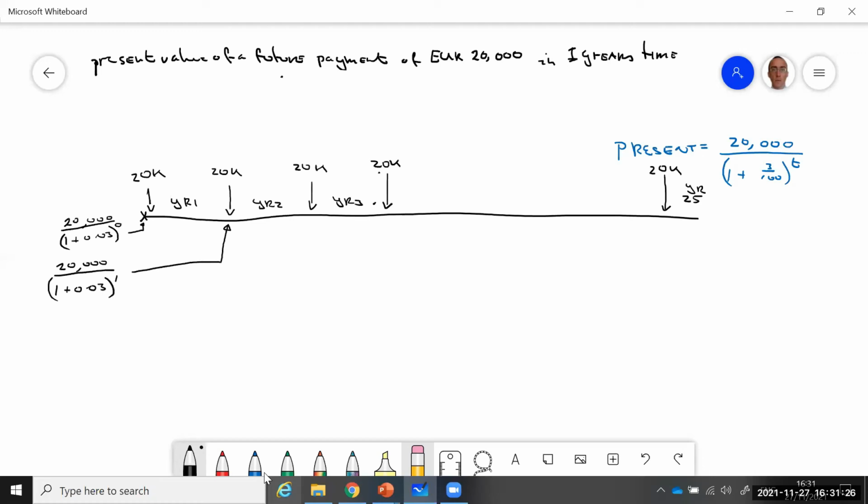Okay, and we're using the blue text here as our formula. And again, we worked out earlier on, this was about 19,417 euro. So we'll need 19,417 euro accumulated over this first year in order to give him 20,000 euro just at the start of the second year. Okay, and then this particular tranche of 20,000 euro,